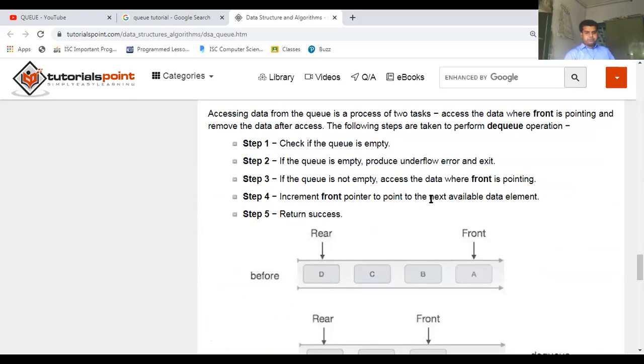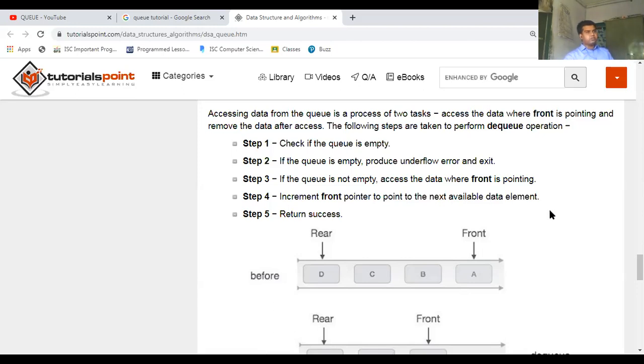Next comes the DQ. Okay, understand this very carefully. After that, I will discuss a little bit of program related to the Q. Now in the DQ, what happened? The deletion needs to be performed. You can only perform the delete operation for one situation, that is, provided you have some elements in the Q. You need to have some elements in the queue, only then you can perform the deletion operation. Otherwise, you cannot perform anything. Okay.